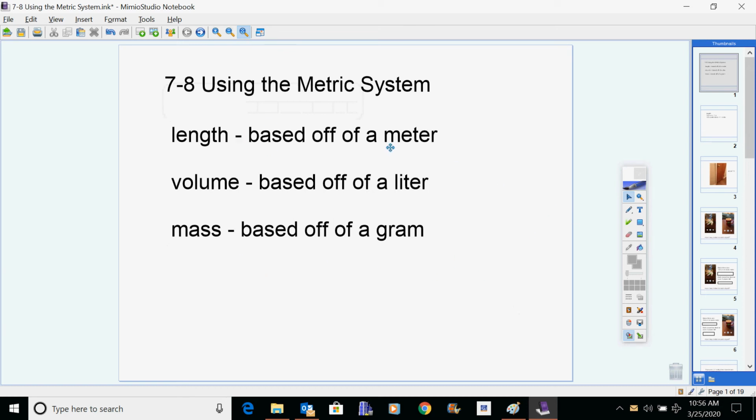So we're going to start off with the length idea, because really all of the things for all of the different metric system is that they're all based on powers of 10. And when you think about being based on powers of 10, the prefixes all act the same. So if you have the same prefix with different types of metric units, you can do the same type of math with it. But let's get into a few practical